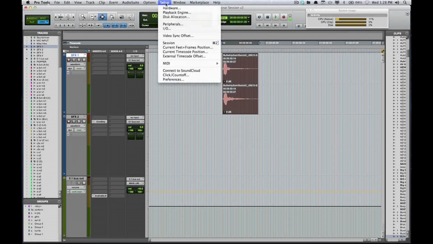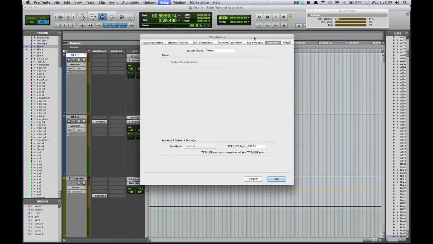Something for you large format mixer guys out there. I never ran into this issue. If you go into Setup, Peripherals, and go under Satellites, just because of the way I have this set up, I didn't want to rely on any Pro Tools hardware. If I was running an HD Native, you would see the option in here for satellite machines. For those that do not know, satellite is a way to connect multiple Pro Tools machines and even an external Media Composer for video playback through a network connection, and playback's almost instantaneous when you hit it.